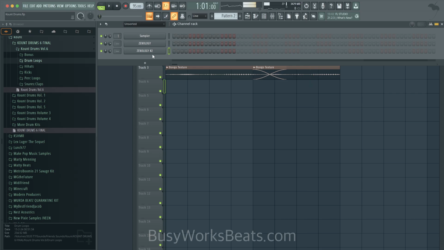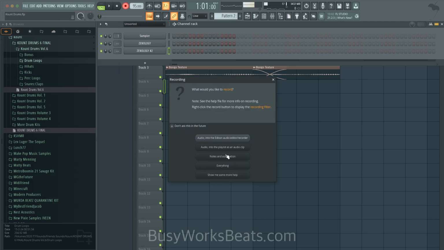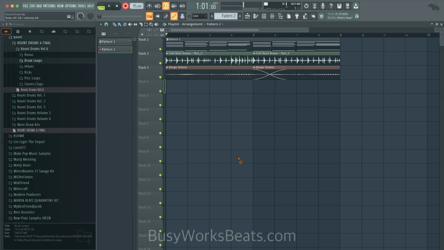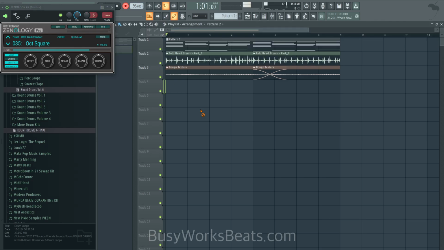Pitch wheel isn't bending high enough, so let me do something real quick. Let's make this 12. Let's try this now. There we go. Let's record this one more time. Let's try 6, maybe somewhere in the middle. Not so aggressive. Let's try this again. I wanted to hit the next note, but it's all good.